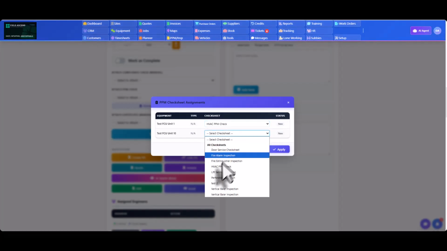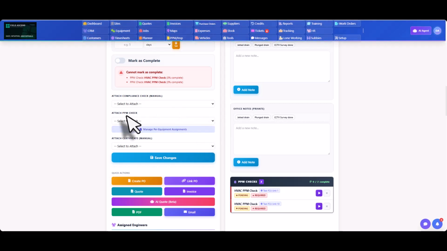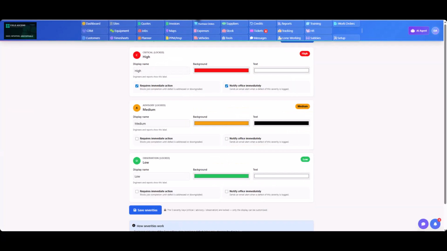Now we'll add a preventative maintenance check to the job. Let's pick a PM check, an HVAC preventative maintenance check that applies to each equipment item. This can also be automated by setting up schedules from the PM module. But for this demo, we're just creating one manually. These preventative maintenance checks are designed in the PM check section, and once they're built, they can be added to